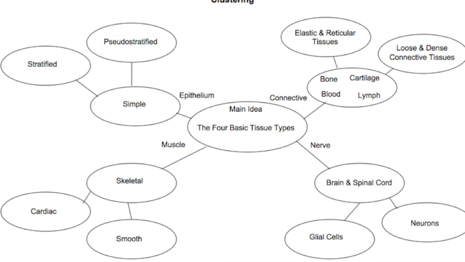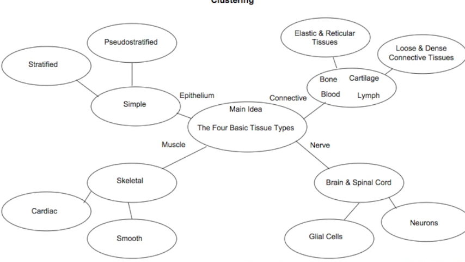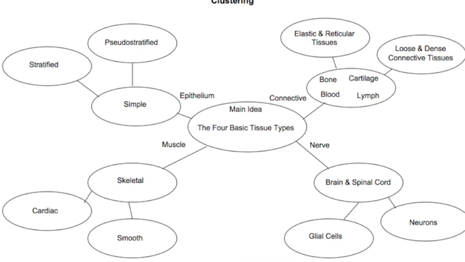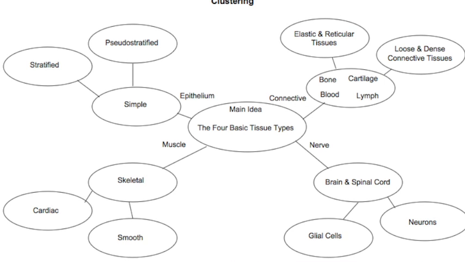Next, to our third branch in our clustering advanced organizer, we have muscle. Muscle enables movement by contraction of muscle cells. There are long, cylindrical, and spindle-shaped muscle cells that are called muscle fibers because of their length. Each muscle fiber contains many thin, parallel contractile units called myofibrils, composed of myosin and actin proteins. Vertebrates have three types of muscle tissue. They are the branches that I have in the clustering advanced organizer: skeletal,